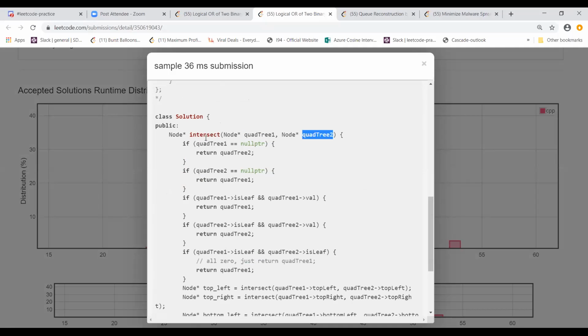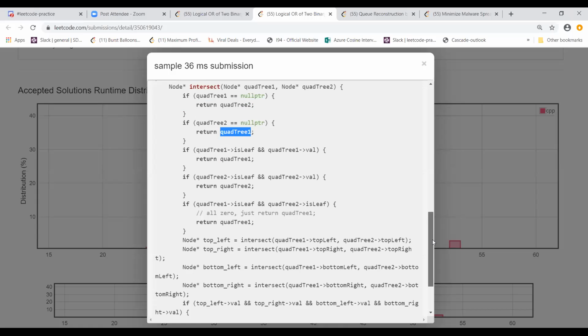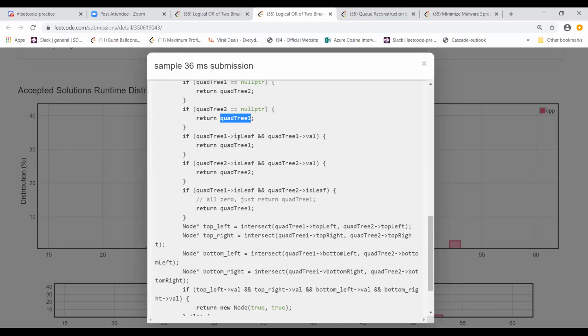If quad tree one is null, we return quad tree two. That is the base condition because this is a recursive function. And if quad tree two is null, you return quad tree one. And if quad tree one is a leaf and it has some value, return quad tree one.